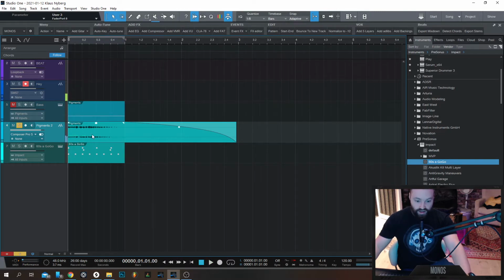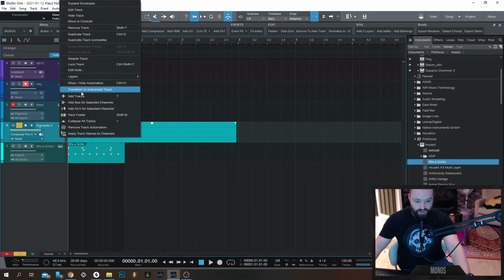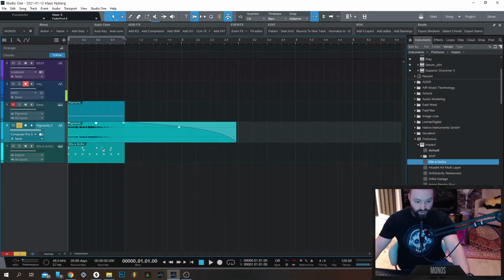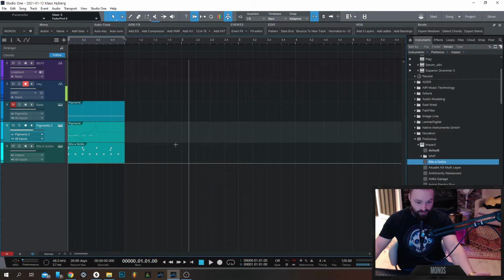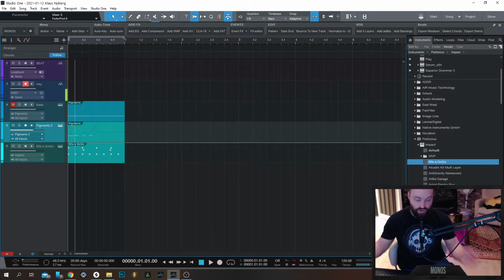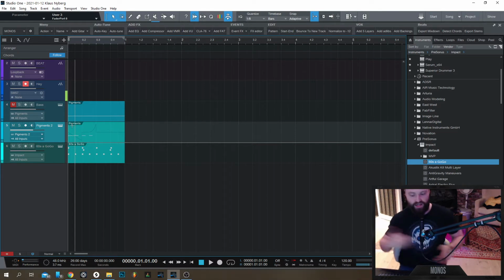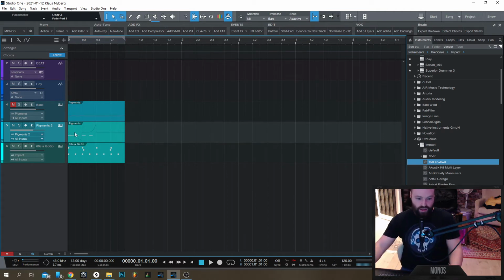So now you can edit it like it's an audio track. But if you want to, you can just transform to instrument track again, or just abort the whole thing, like boom, and it's back. So you don't remove the instrument, you just consolidate it and have it in the same track for organization purposes. Other than that,